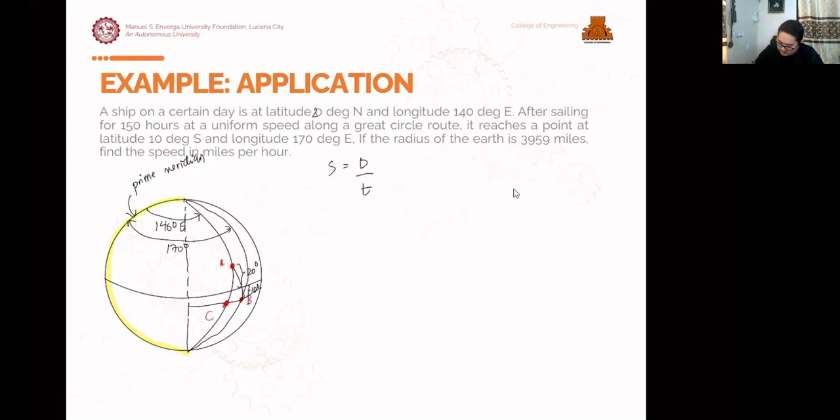Okay? So, yung itsura niyan, pag kinat natin, yan. So, ito si A, ito si B, and ito si C. Okay? Pero ano tong angle na to? Looking at the figure, kung 142, 172, di ba yung cut na to is also equal dito sa cut na to? Okay? Dito sa angle na to. Okay? Yung B to C. So, ibig sabihin, ito will be 30 degrees. No? So, 170 minus